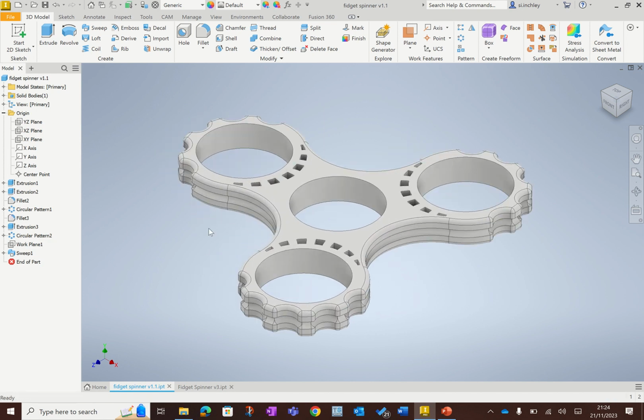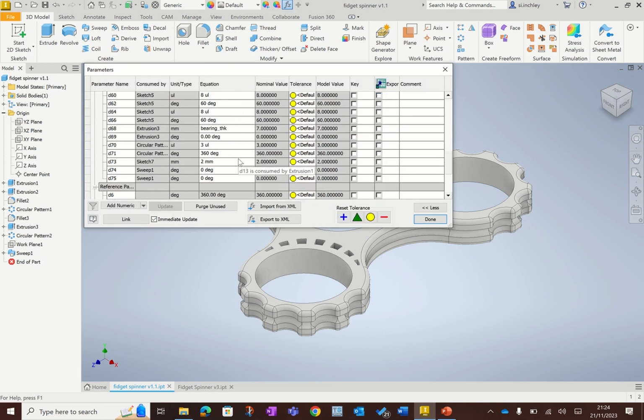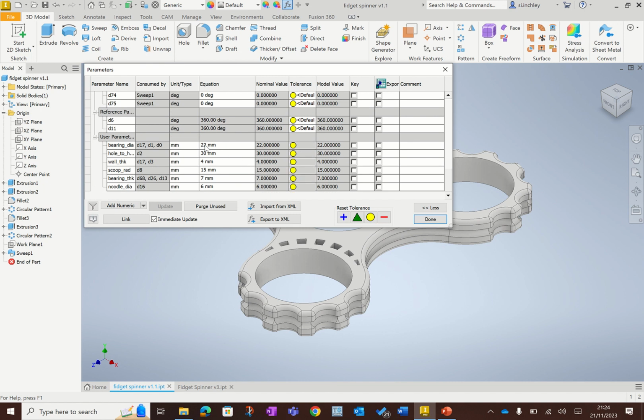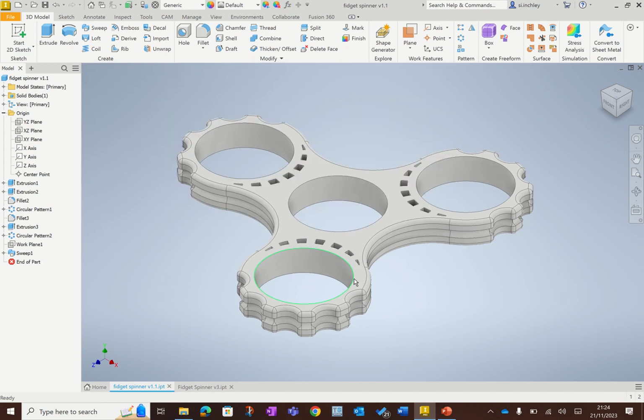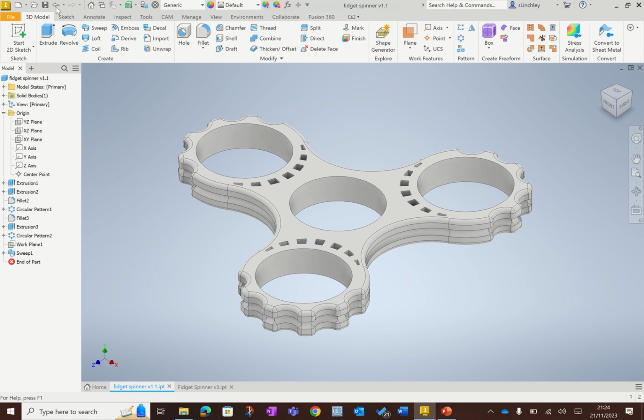Now obviously, if any of your dimensions are wrong for your bearings, you can just come back up to here. Let's say your bearing was too tight a fit, you could just change that to 22.5. And that would allow it to be slightly bigger. And what that's doing is making all those holes ever so slightly bigger. And that's because they're under parameters, and it's done every single one of them. And that's the beauty of parameters. I'm just going to go back like that to put that back to as it was. Okay,